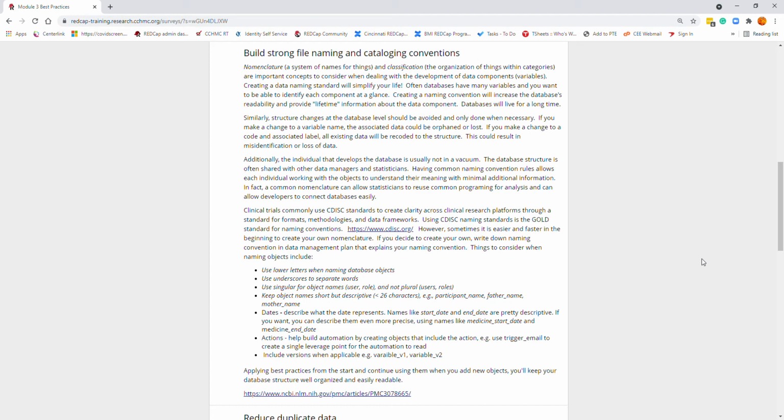Additionally, the individual that develops the database is usually not in a vacuum. So the database structure is often shared with other data managers and statisticians. Having a common naming convention rule allows each individual working with the objects to understand their meaning with minimal additional information. In fact, a common nomenclature can allow statisticians to reuse common programming for analysis, and it can allow developers